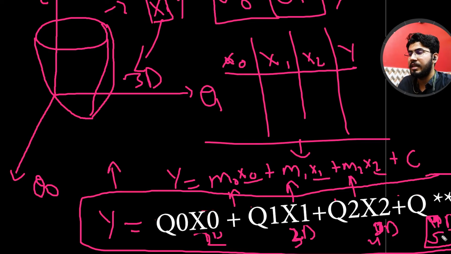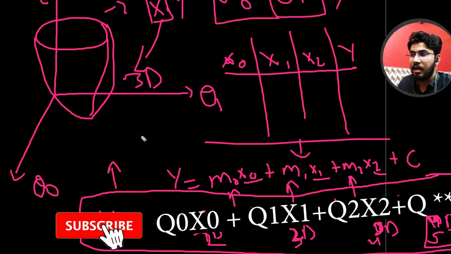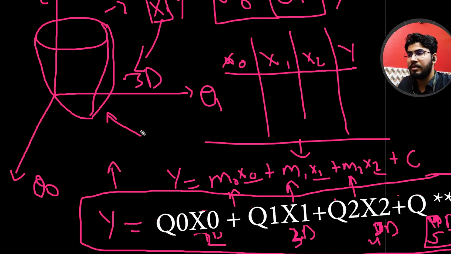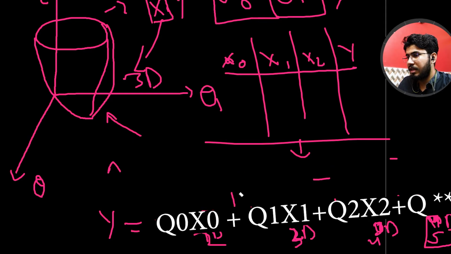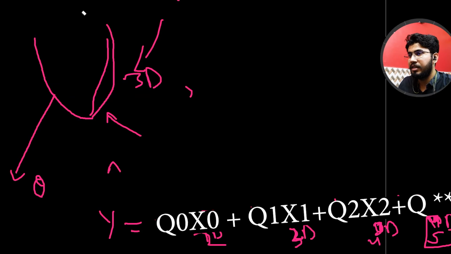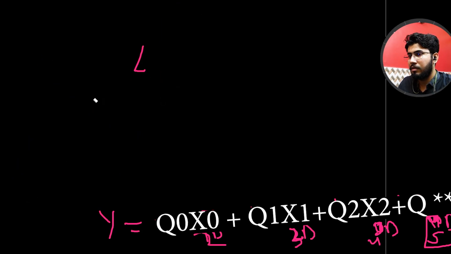I cannot explain it like this, and I have already explained how this works in our previous linear regression video. So please go and check out that video. I have already said that if you didn't watch that video, then probably you are not going to understand this video as well. So this is our main equation that we want to focus on in our multivariate regression.